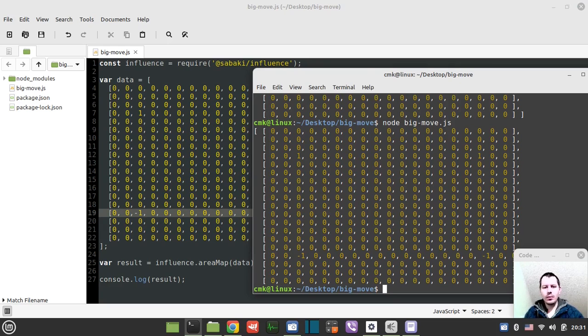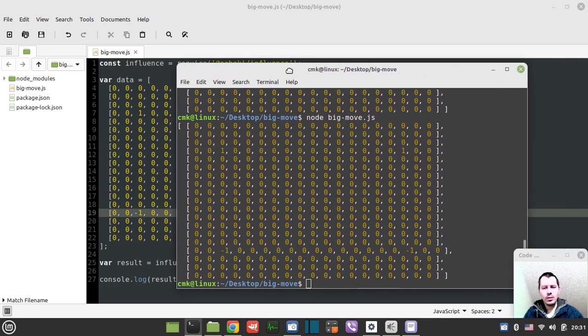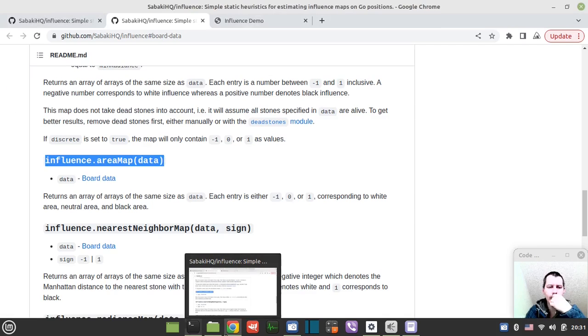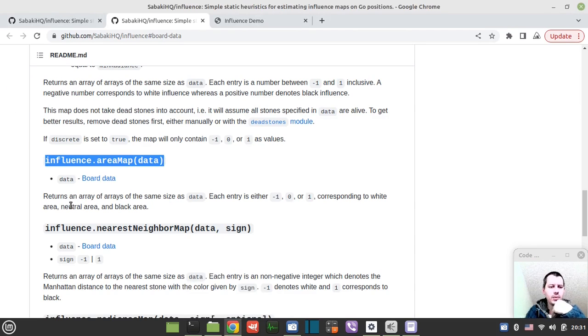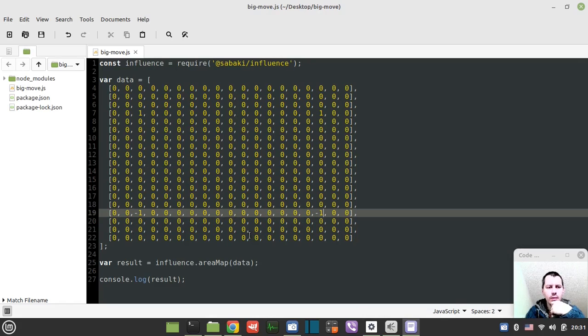So, well, this is strange. I'm not quite sure. Let's read about it. Returns an array of arrays of the same size as data. Each entry is either -1, 0, or 1, corresponding to white area, neutral area, and black area. Well, that's exactly what I'm looking for. But for some unknown reason...